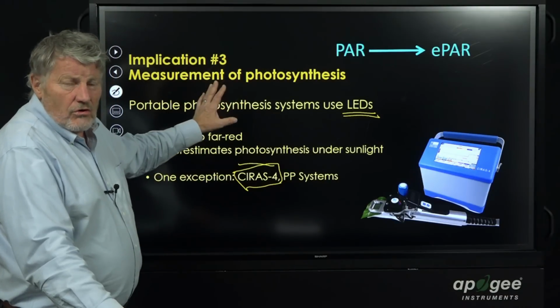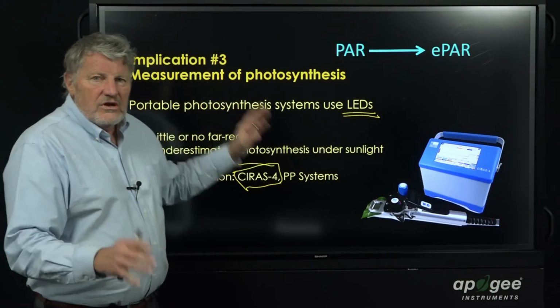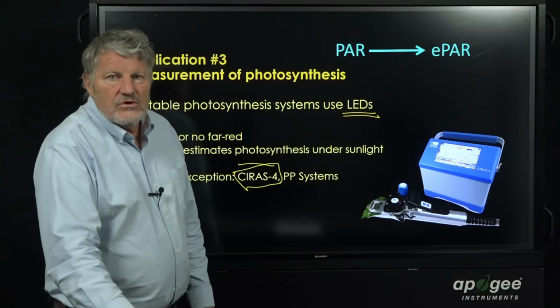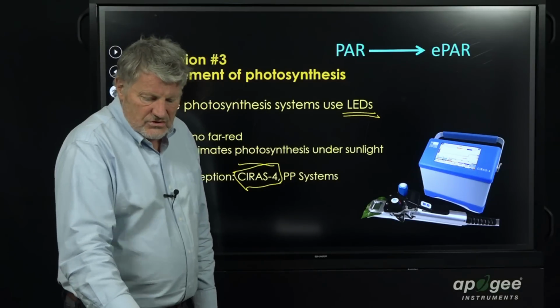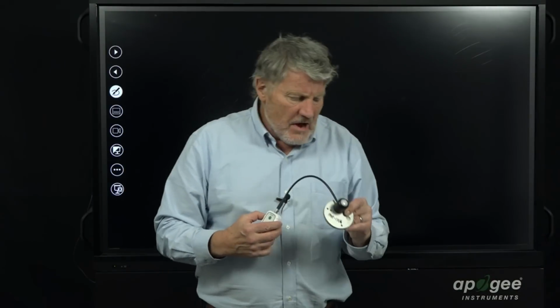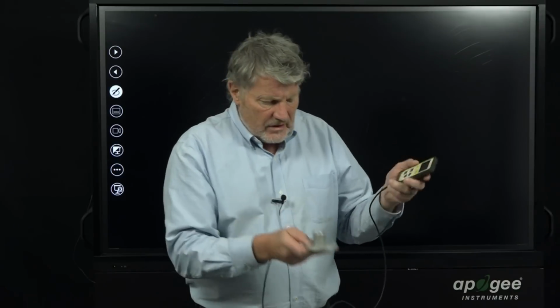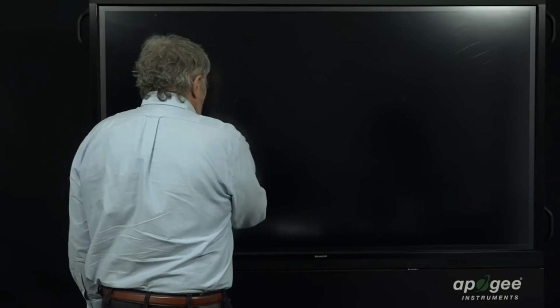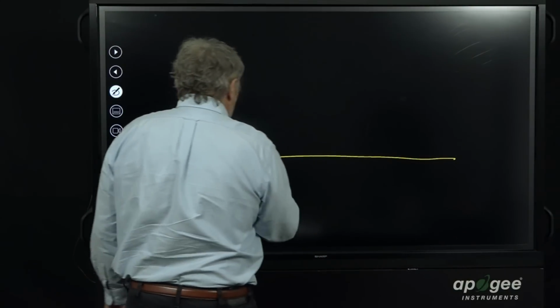This is the end of the story, but we need to help you make these measurements, and to do that, we need a new suite of sensors. So, Apogee Instruments came out with, first of all, they've come out with an ePAR sensor. Now let me draw, here's the sensor, silver, looks like this. Let me draw this on the board. Here is,